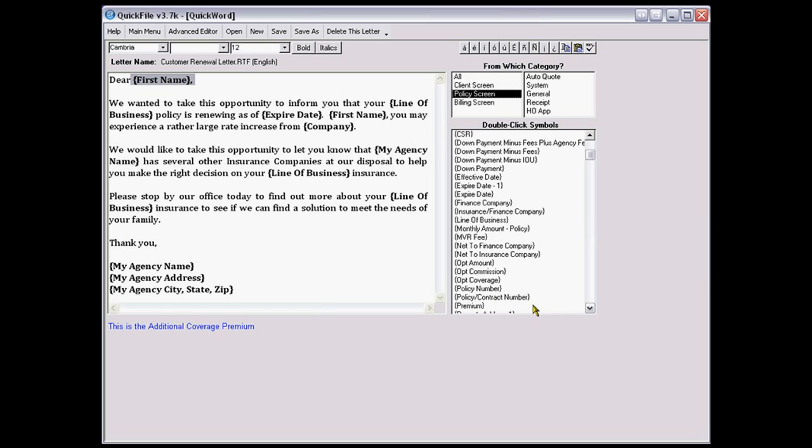So if I did that, I would scroll down here and I would find the symbol that says premium. Okay? And there it is. And if I wanted to, I could double click and insert that in my letter. Now, you'll notice that over here as I highlight my symbol, this comes up in blue and it says this is the premium for this policy. All right? So what it's telling you is exactly what information you're trying to capture. All right? Okay, now,